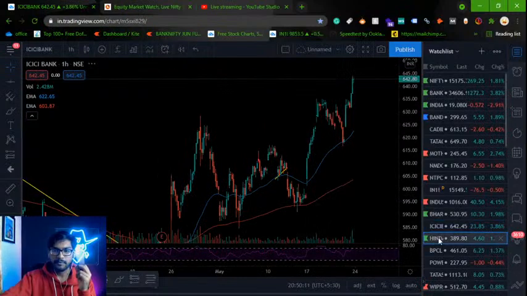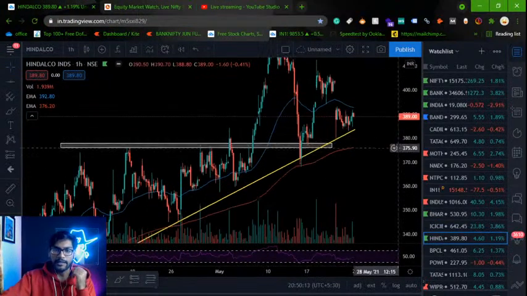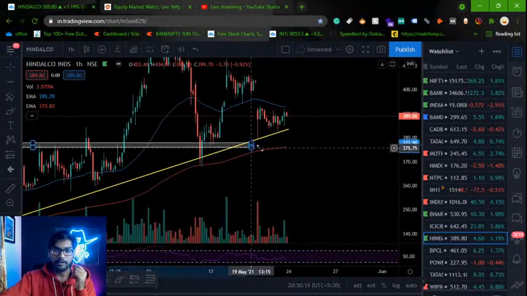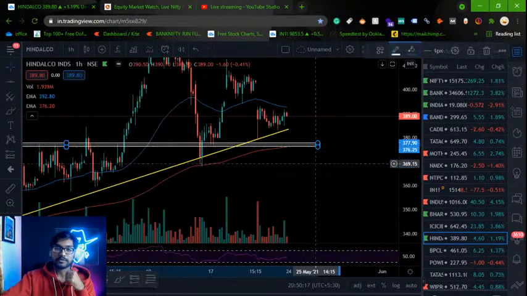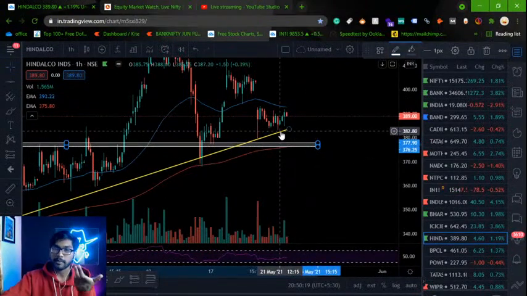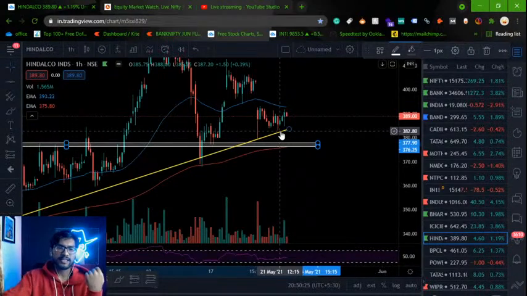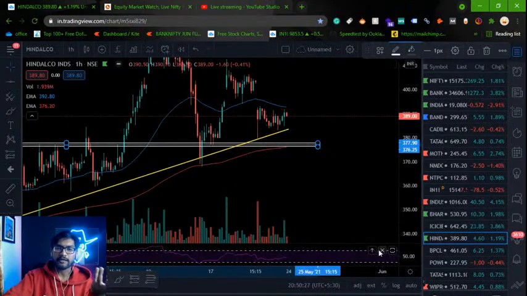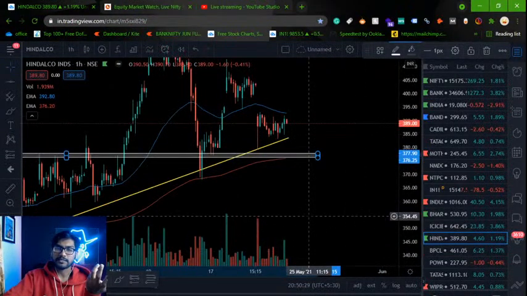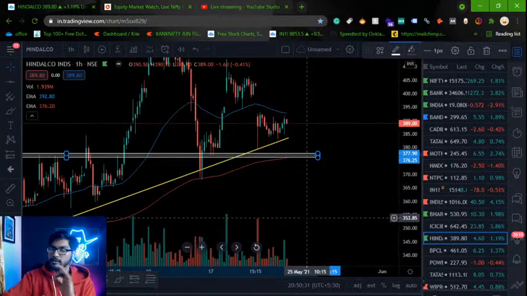ICICI. इधर एक अपॉर्चुनिटी बन रहा है. Price came near to our demand zone, that becomes an opportunity. The price was near our trend line, becomes an opportunity. So you have to find, it's all price action. You know, you're not using anything here. RSI हम use नहीं कर रहे हैं, हम just naked view कर रहे हैं कि क्या हो रहा है, price कदर चल रहा है. And trust me, this is the best method to choose stocks, to trade in stocks in